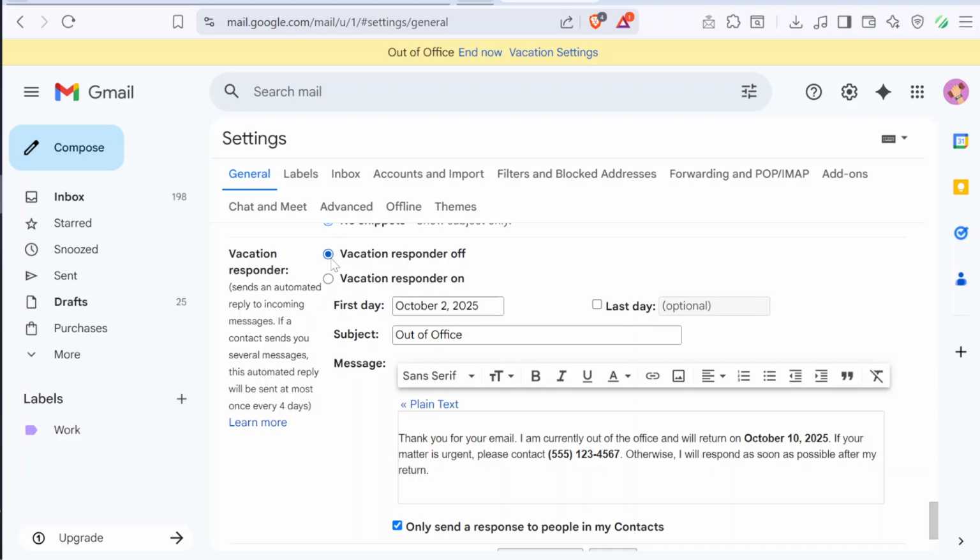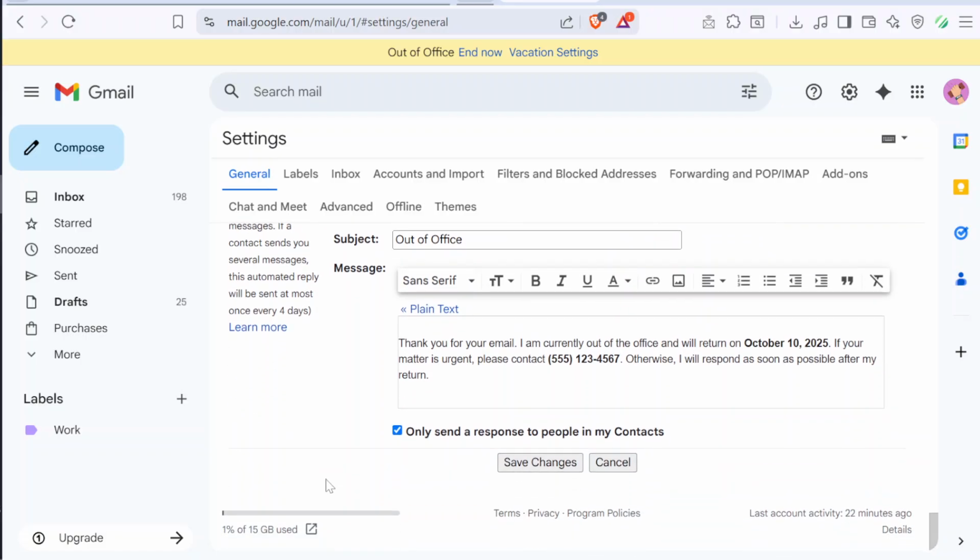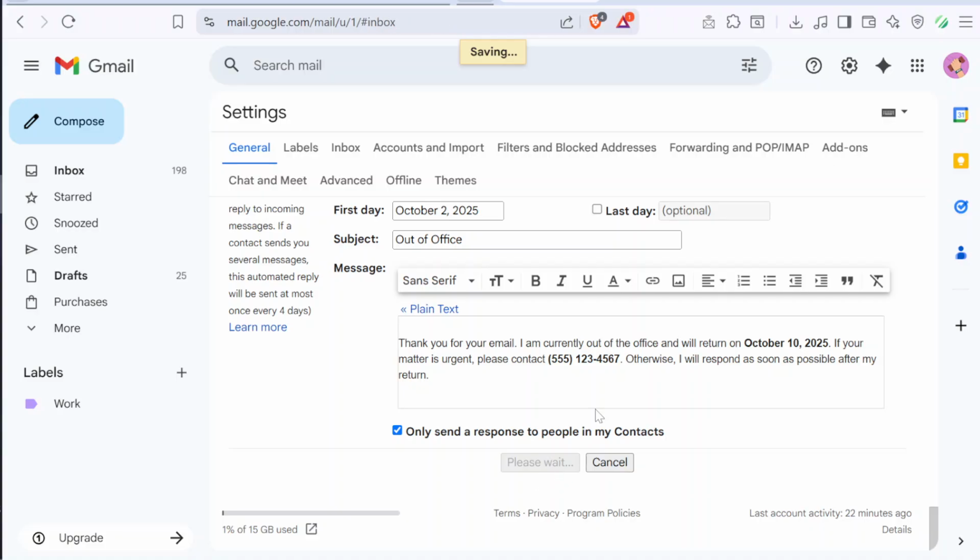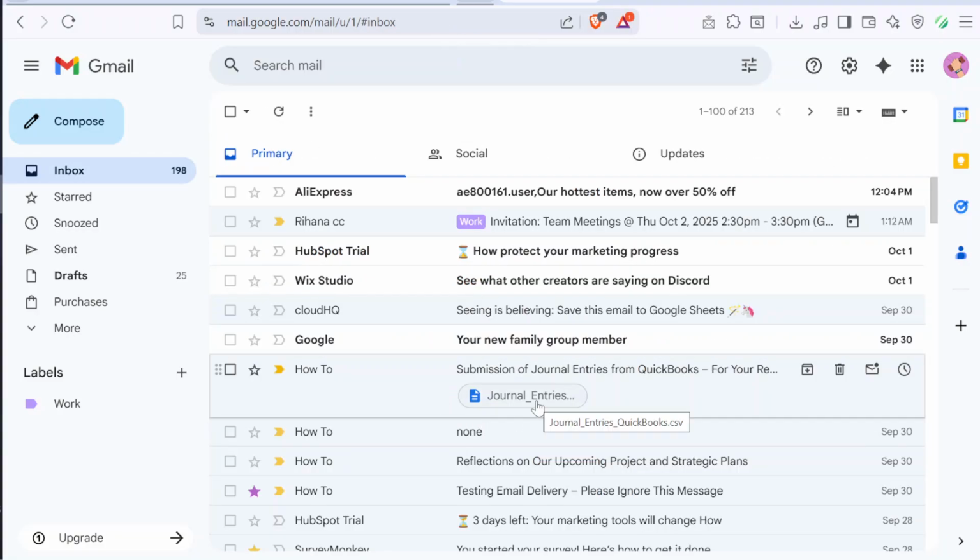After that, don't forget to scroll to the very bottom of the page and click Save Changes. This step is crucial. If you don't save, the auto reply will continue running. Once you've saved your changes, Gmail will immediately stop sending automatic replies on your behalf. From now on, anyone who emails you will no longer receive the out-of-office response, and you'll be back to replying